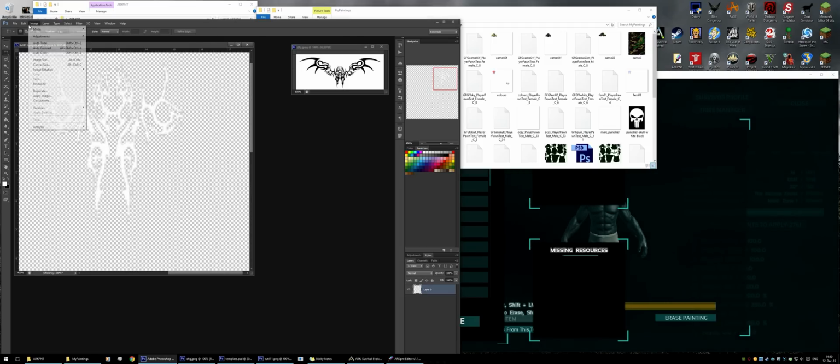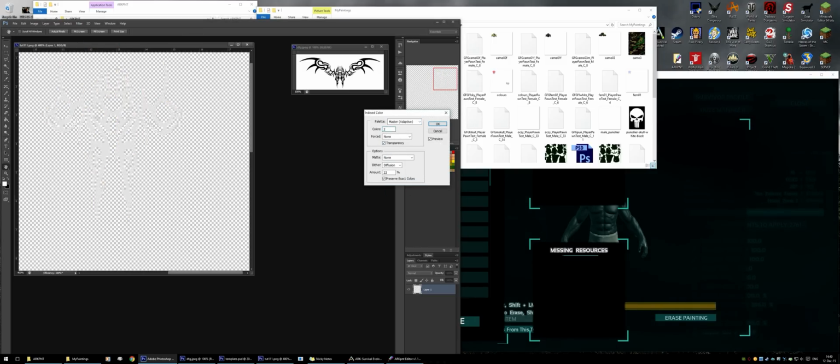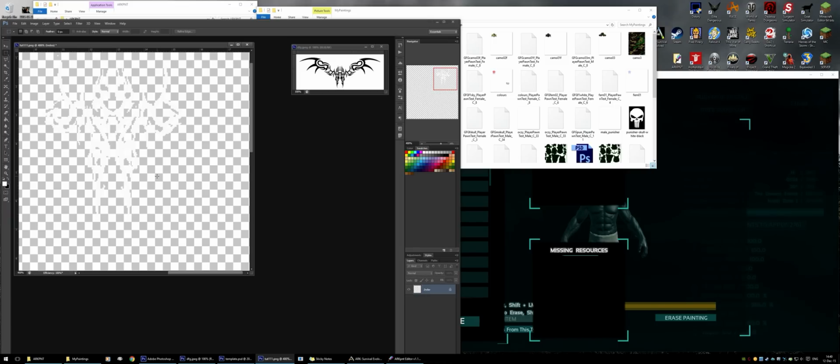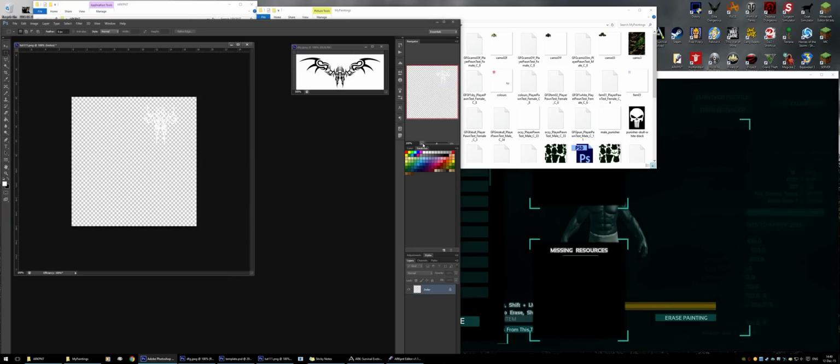Let's do the indexed, adaptive, full. I'm going to do 3 colors. Okay, not sure if that's exactly right. Did I have the white? Yeah, I had the white color. Okay. Anyway, so once you limit the amount of colors on your template, you just save that again, and you